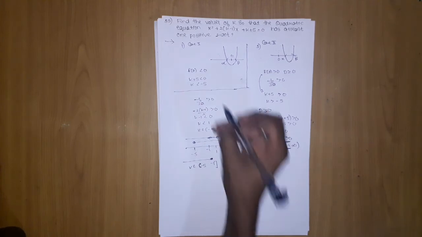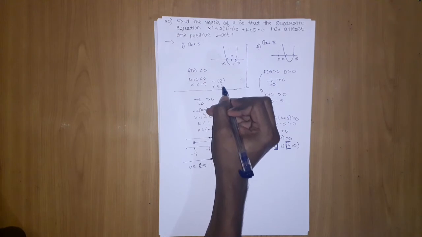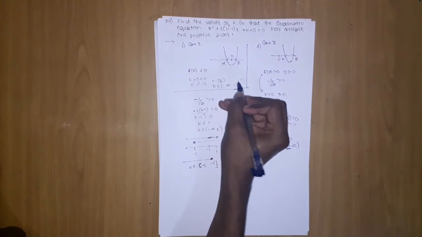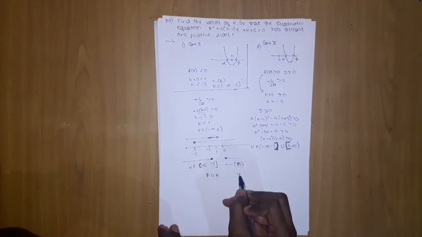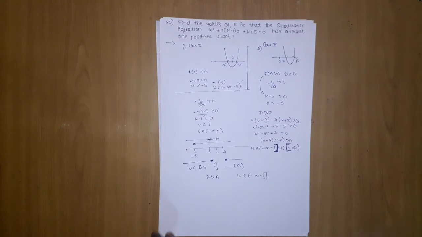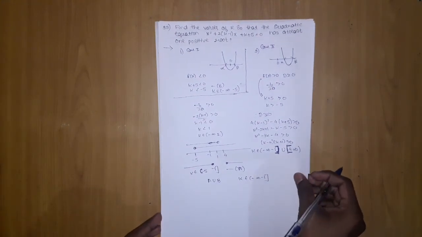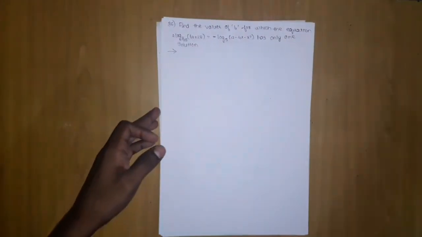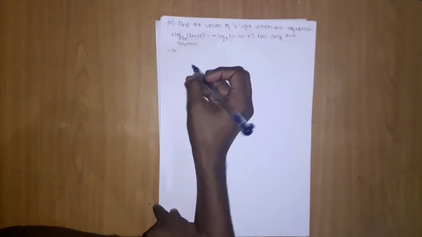Let us call it a, and we will call this b, and what this tells is it should be minus infinity to minus 5. If I take the union of a and b, what I will get is k belongs to minus infinity to minus 1, where minus 1 is included. Okay, so we are done with question number 35. Let's move on to the next question, which is question number 6. Now you should know the basic law.